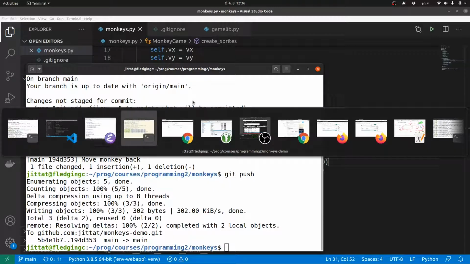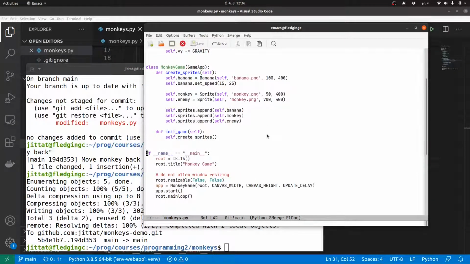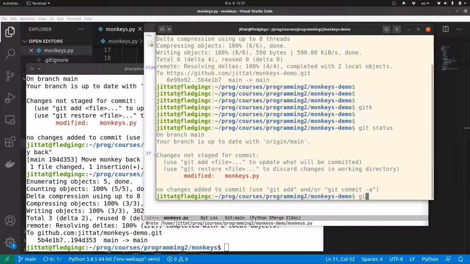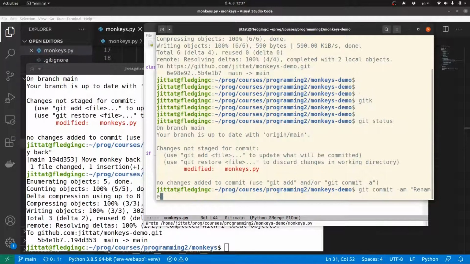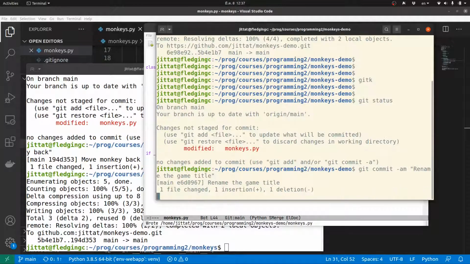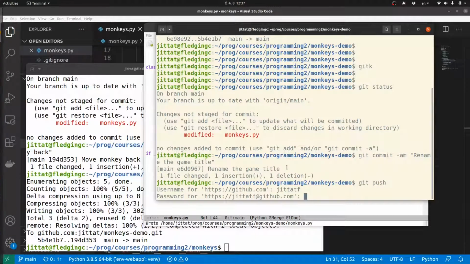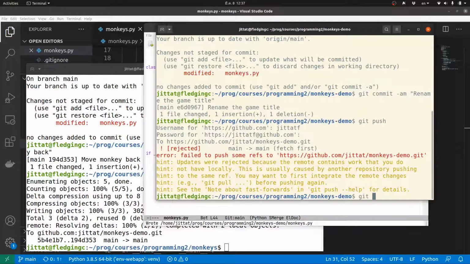But here this guy, let's do something else. Let's change the monkey name. Monkey banana game. Let's have the monkey banana game over there. On a different line should be fine. Git commit, rename the game title. Now you cannot push again. Now we can do the git pull,